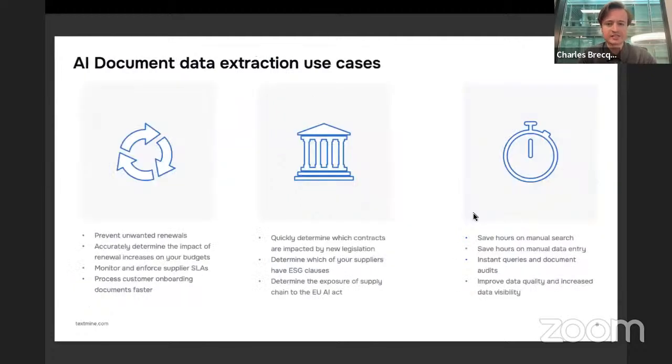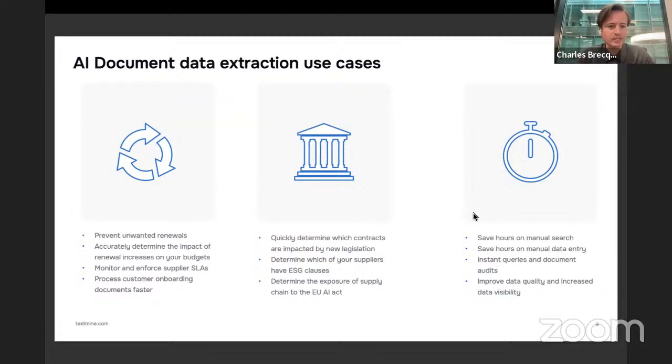And in terms of use cases at TextMine, we're seeing a broad range of use cases because ultimately document data extraction is a challenge in many domains, whether it's procurement, finance, compliance, or legal. And what we're also finding is that the technology is creating use cases, because this technology hasn't really been applied to documents before or been good enough to warrant companies implementing it. But some high level use cases are detailed here.